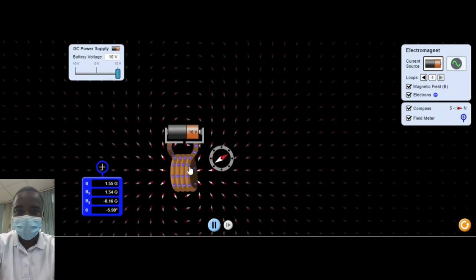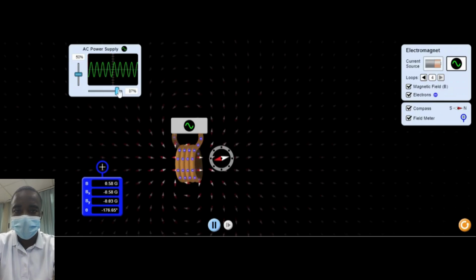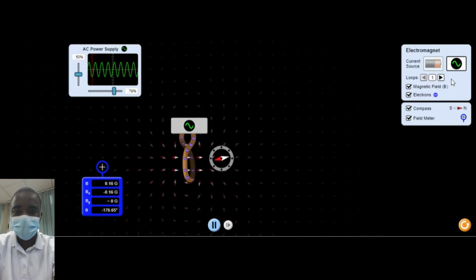Students can experiment with different ways to make the magnetic field stronger. For example, they can increase the number of turns in the coil or increase the current flowing through the coil. These adjustments help students understand the relationship between the strength of the magnetic field and the parameters of the coil